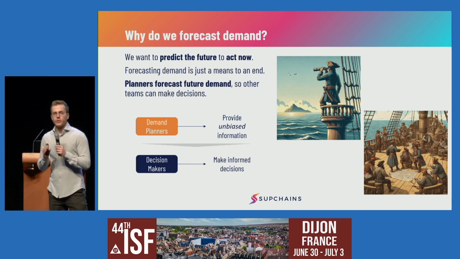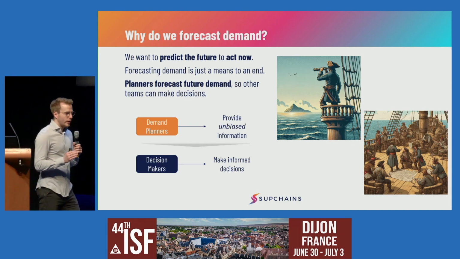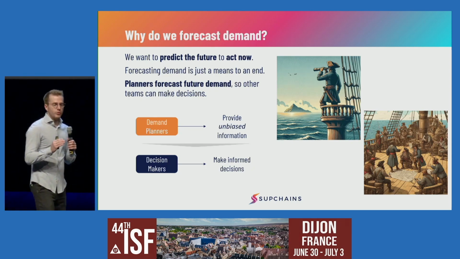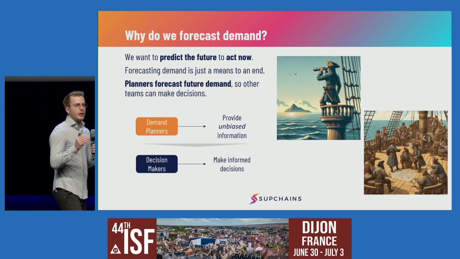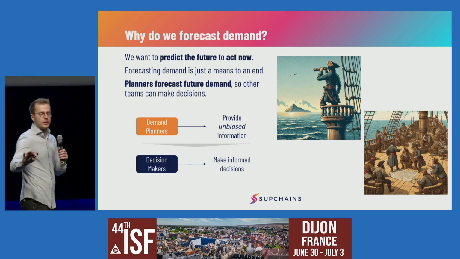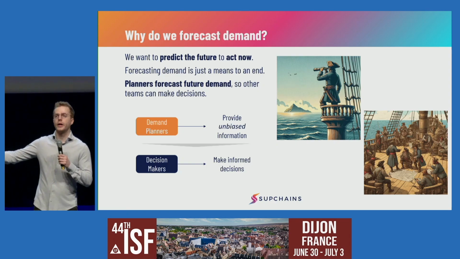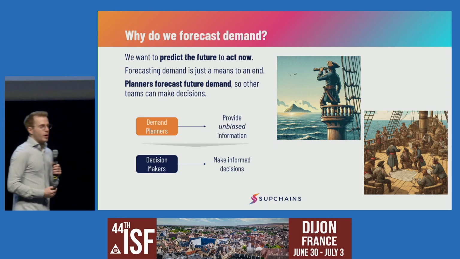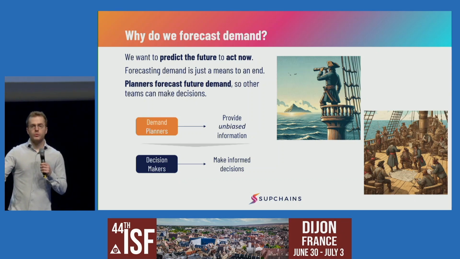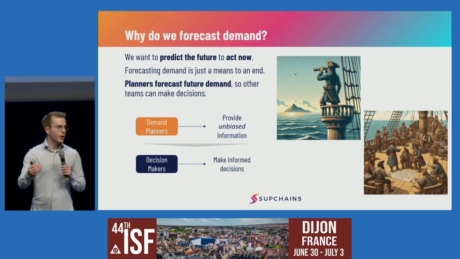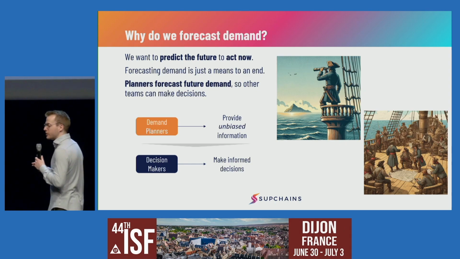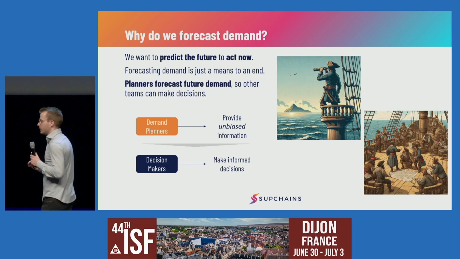And I like to make a very strong difference between these two processes. One, demand forecasting, again, is only related to finding information about the future, the most likely outcome that is unbiased and unconstrained. This is what my client will want to buy in the future, assuming we have infinite supply. And then you have your supply planning process, which could decide, okay, I want to purchase or produce more than the forecast, less than the forecast, something different for some reason, whatever. That is totally fine.